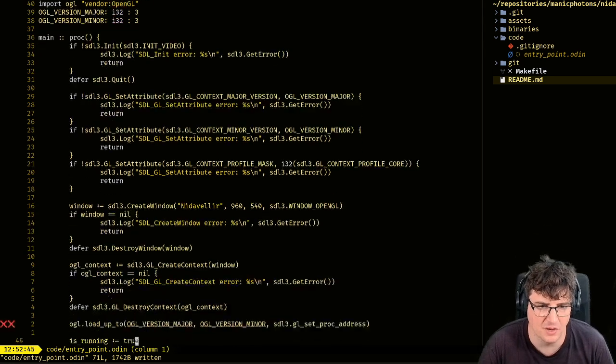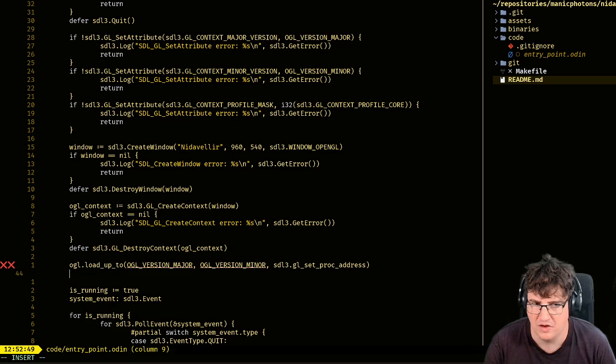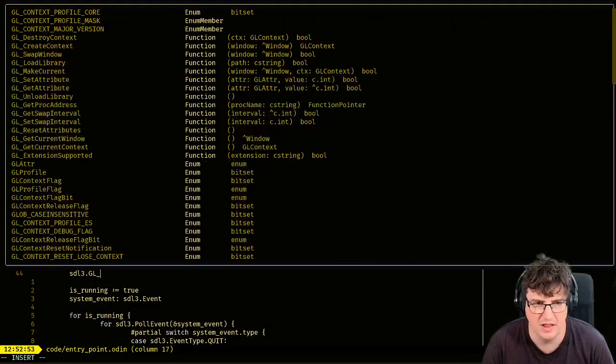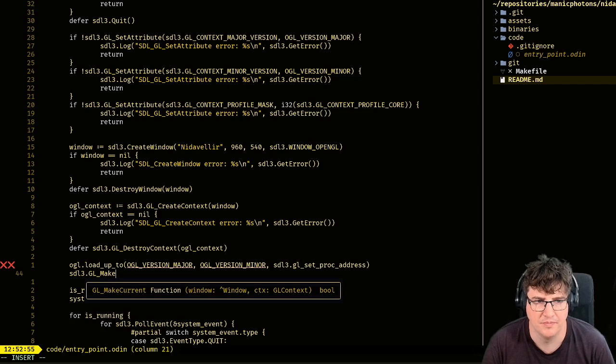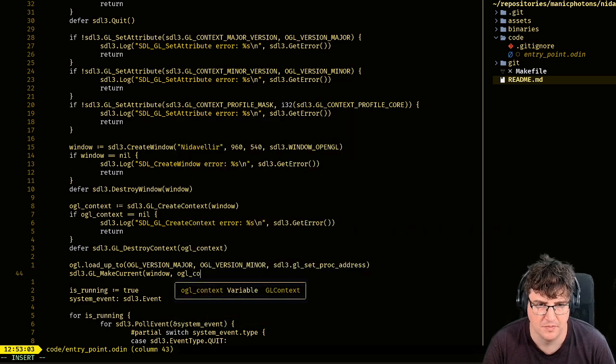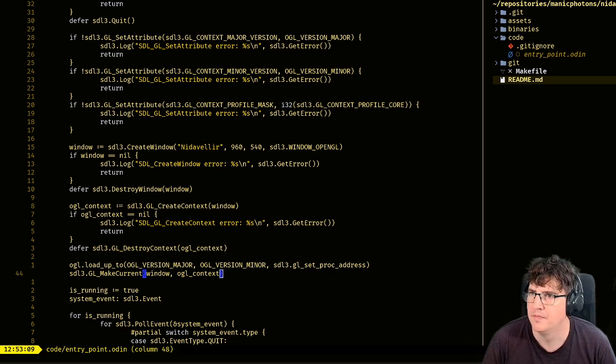The other thing that I got a bit lucky with actually is I should have also called SDL3 GL make current. That takes the window and the context. And let me just double check.